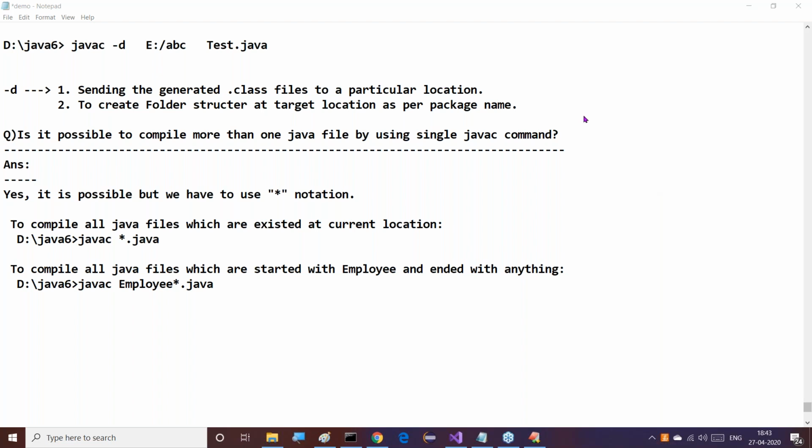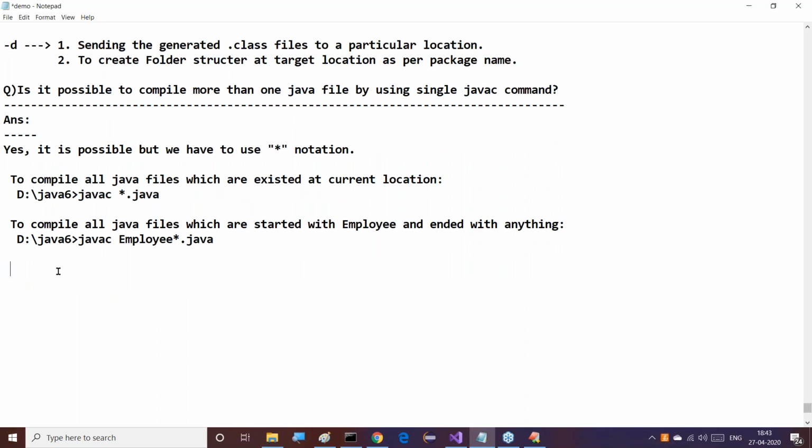This is one thing. Then similarly, I will ask one more question now. To compile all Java files which end with, for example, account, and which may start with anything.